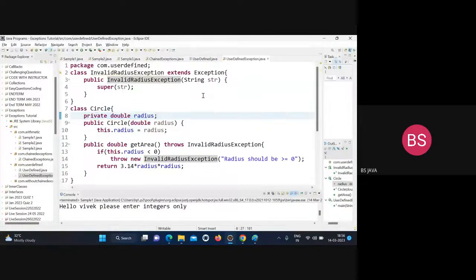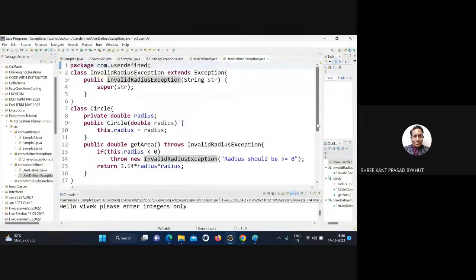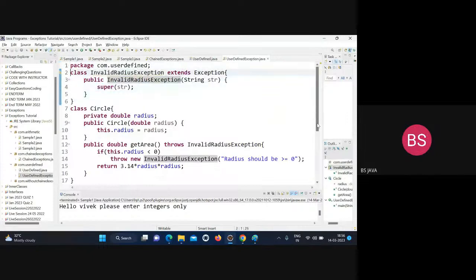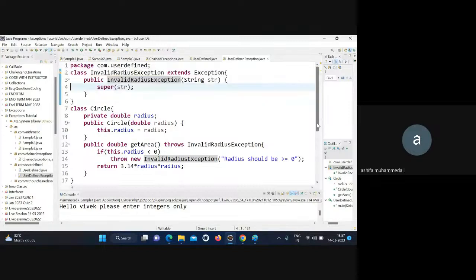Hello. Exception. Yes, sir. Yes, sir. Where is the exception? Previous one. Yeah, this is invalid radius exception. This is my user defined exception. Sir, hello. This is user defined. Then how can we call the